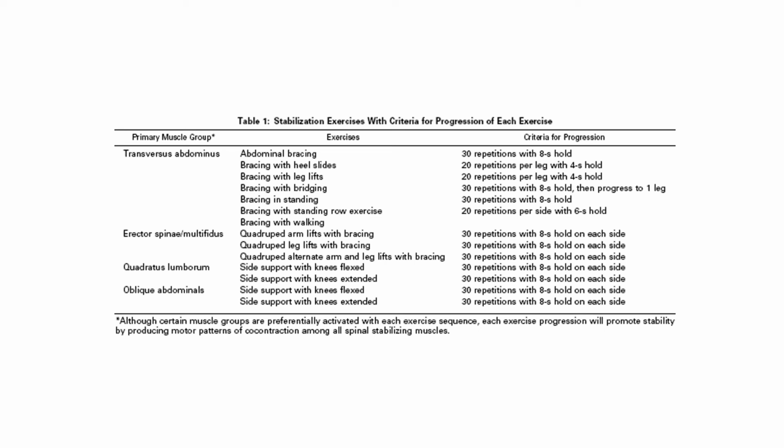And then for individuals who just have a spondylitic type spine without the central canal stenosis, we should progress them through these activities. And so I think it's fair that you understand the core group of exercises for lumbar stabilization, but also feel comfortable knowing how to progress each of these activities and have a plan to be able to do that. And so I look at the transverse abdominis component here, and there are at least 5 or 6 different activities there that you should feel comfortable progressing a patient through as they begin to get better,